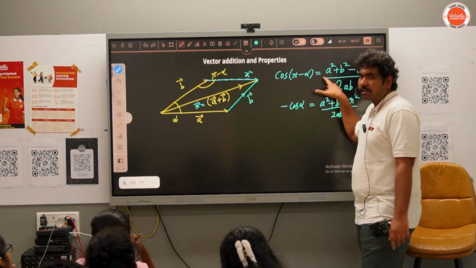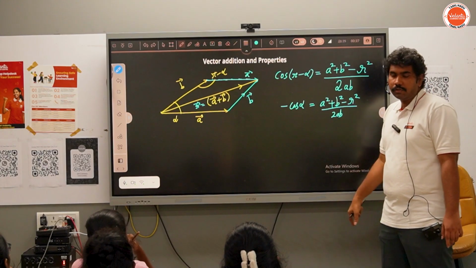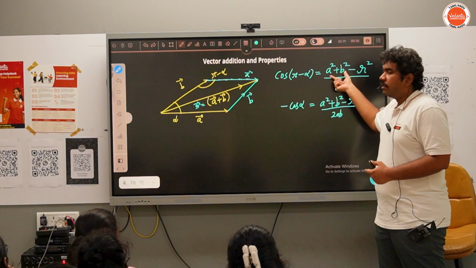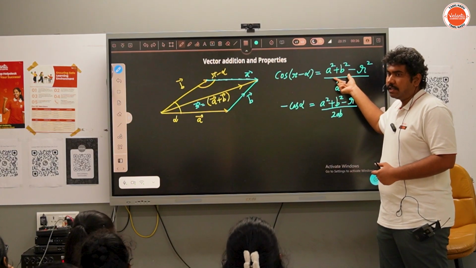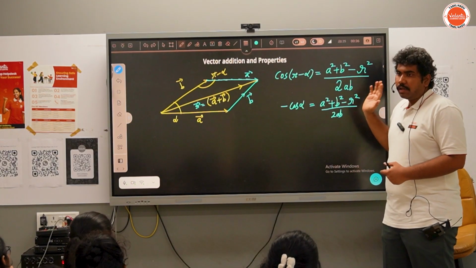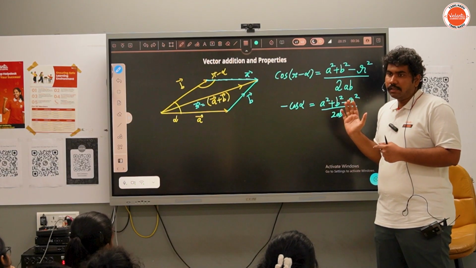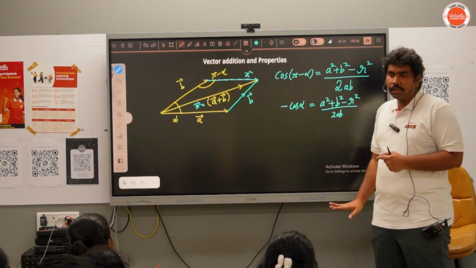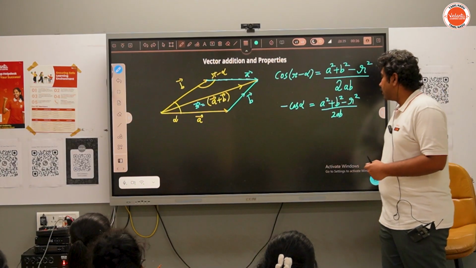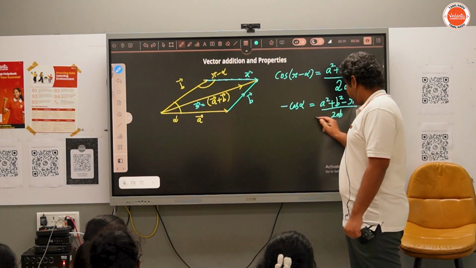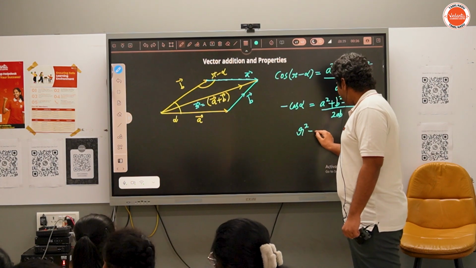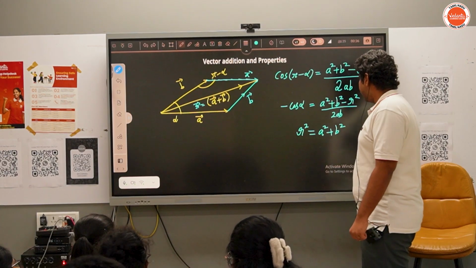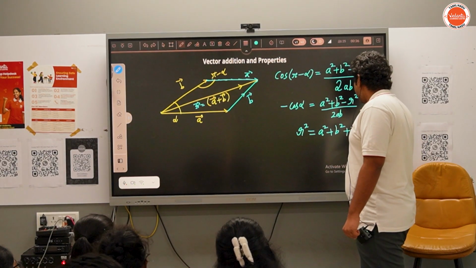This is what you call the cos law, the cosine rule of triangles. Just find the sum of squares of the sides containing the angle minus the square of the side which is facing the angle, divided by 2 times the product of the sides containing the angle. Now what do we have? R square is equal to, after rearranging, a square plus b square plus